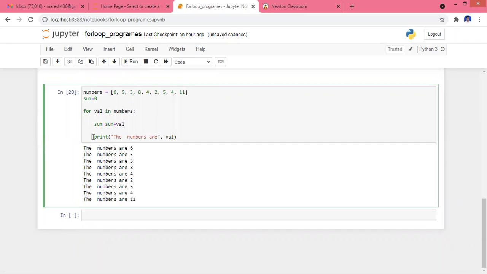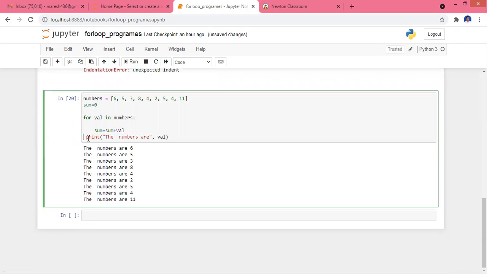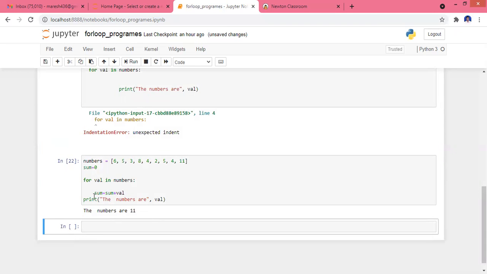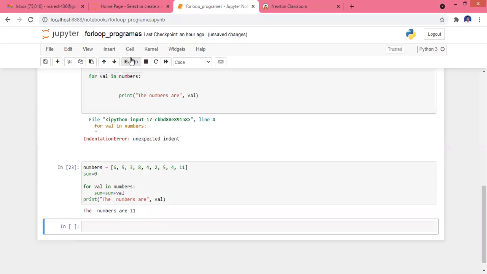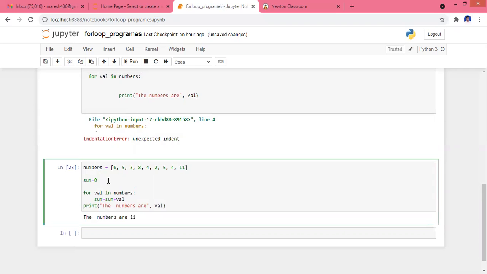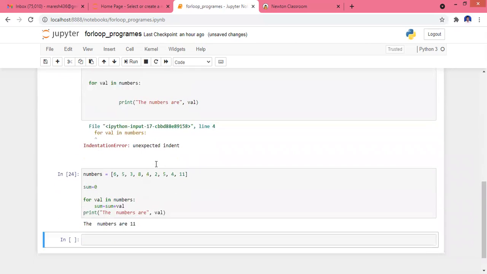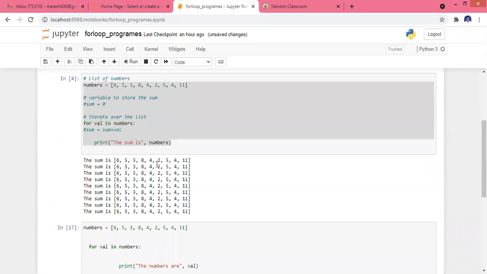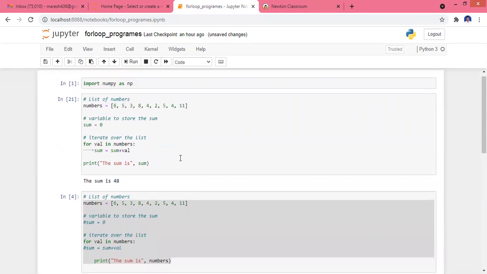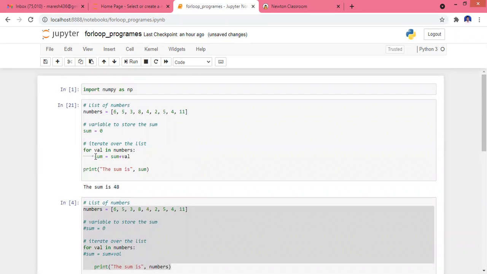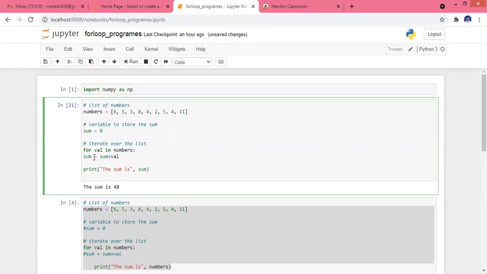Now it is going to print. So you see here, there is some indentation error.